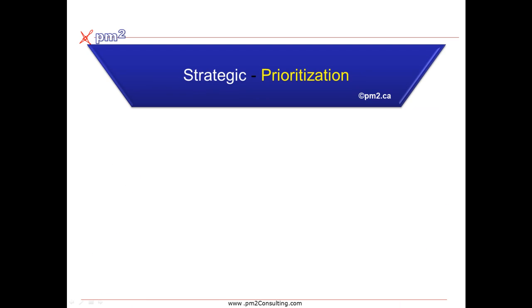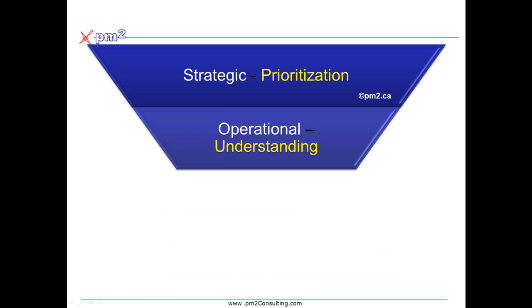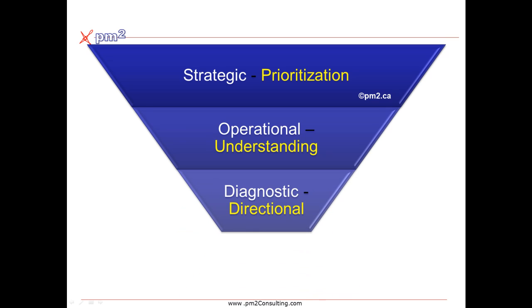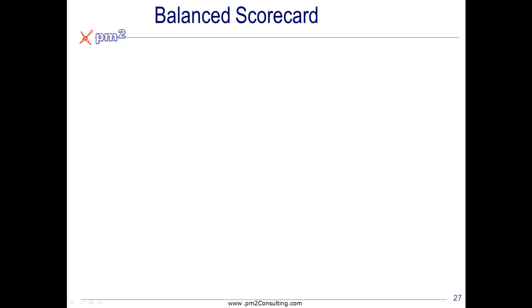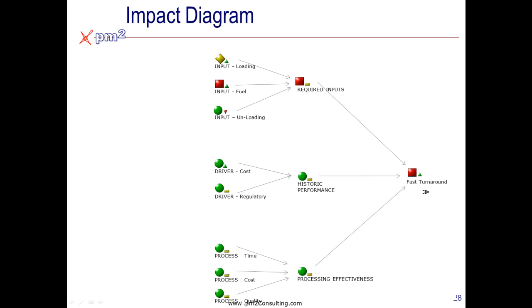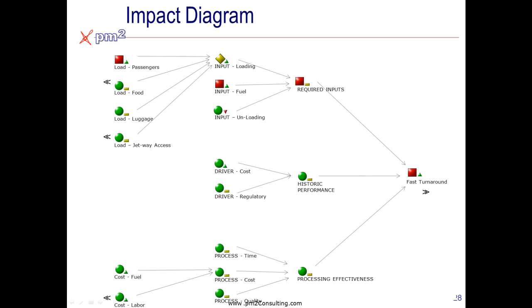We have to provide a 30,000-foot strategic view to allow us to prioritize our work, a 20,000-foot operational view to allow us to understand what's happening, a 10,000-foot diagnostic tool to allow us to be directional, and finally some analytic tools to allow us to be prescriptive. What we've seen here is that 30,000-foot strategic view comes through a strategy map. The 20,000-foot view comes from what we'll call an impact diagram. We should be able to drill down to the process and projects that impact that strategic objective with the same cleansed data to allow us to make informed decisions about what root cause analysis is occurring.